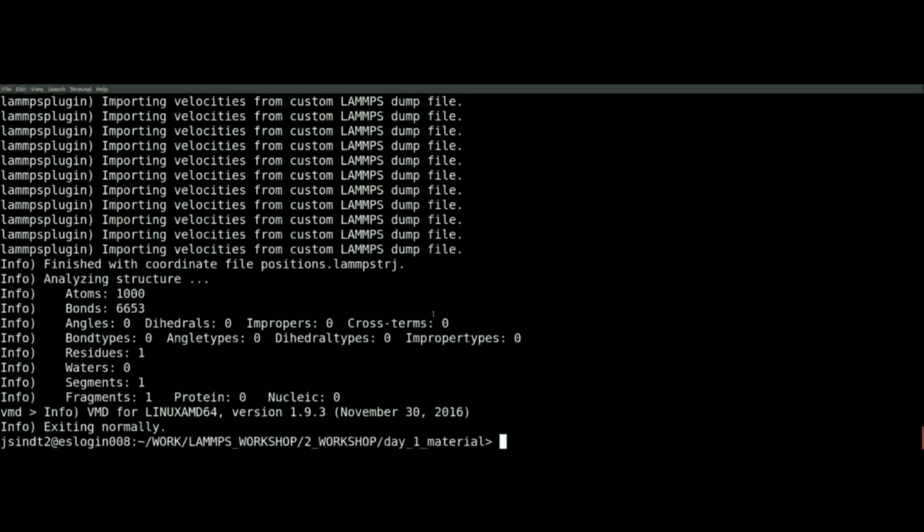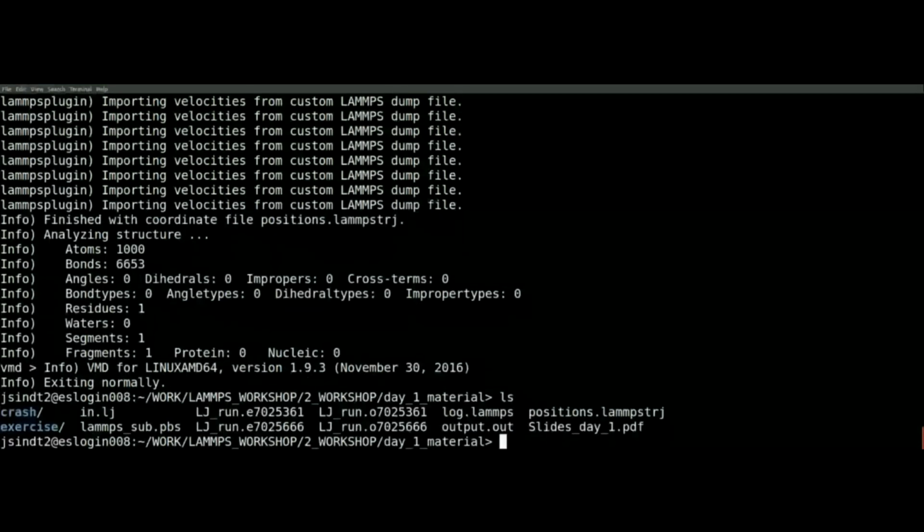The reason for this is, if I get the correct shell up,